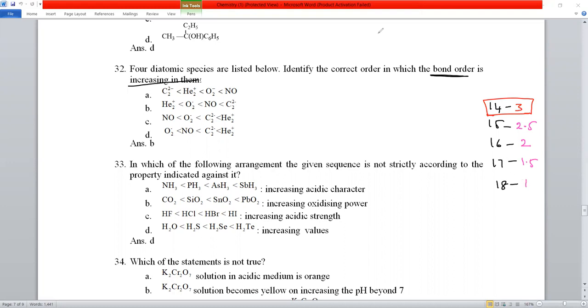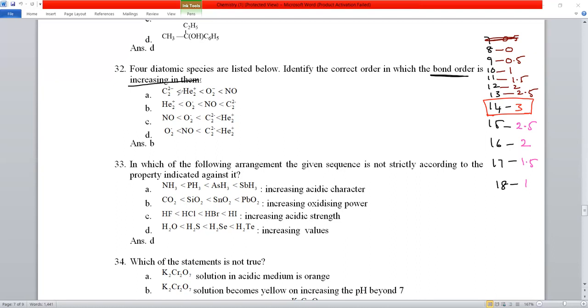In the same way, going from 7 onwards, we can go 7, 8, 9, 10, 11, 12, 13. So for 7 we can take 0.5, and for 9 as well. So from 7 onwards, it should be 0, then increasing by 0.5: here 1, here 1.5, here 2, here 2.5. Remember like this. From 8 to 14 it is increasing. From 14 to 18 it is decreasing.